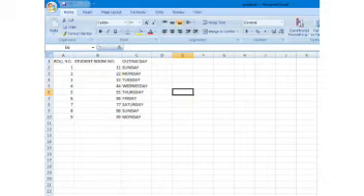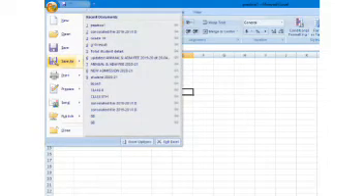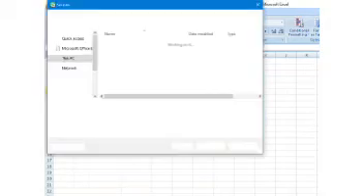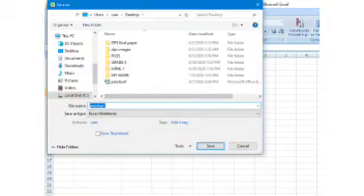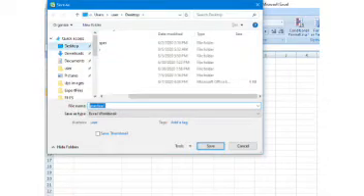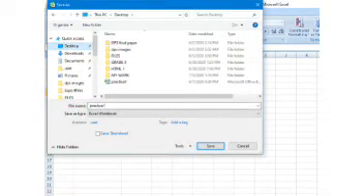Now I want to save this file. Now we will use the Save As option. It will ask me in which location you want to save your file, in which folder you want to keep your file. You can choose anywhere. I want to save this file on my desktop. So practice file 1 will be the same name.